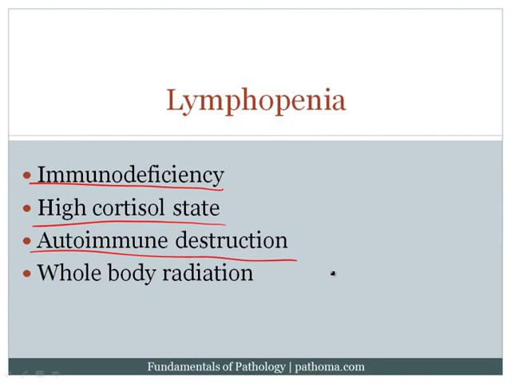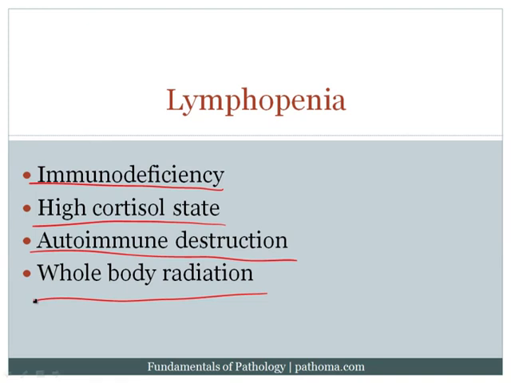And finally, whole body radiation can also result in lymphopenia. It's important to note, and examiners like you to know, that the most sensitive cell in the human body to radiation are the lymphocytes. When they get hit with radiation, they die very quickly. If you suspect exposure to whole body radiation in a patient, you could look at the lymphocytes and see whether there is lymphopenia, because that would be the first cell or one of the earliest cells to be damaged